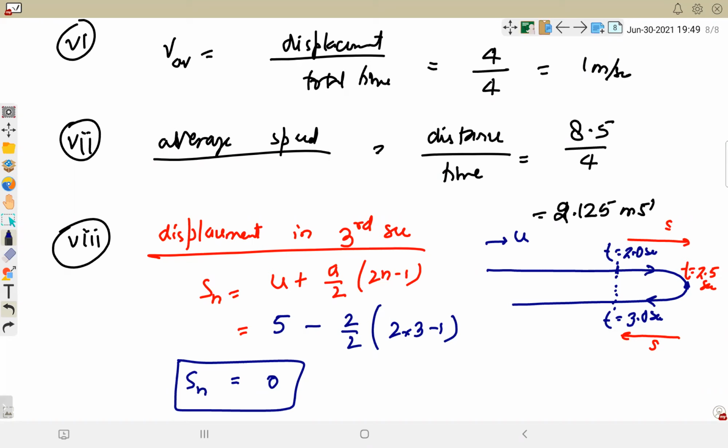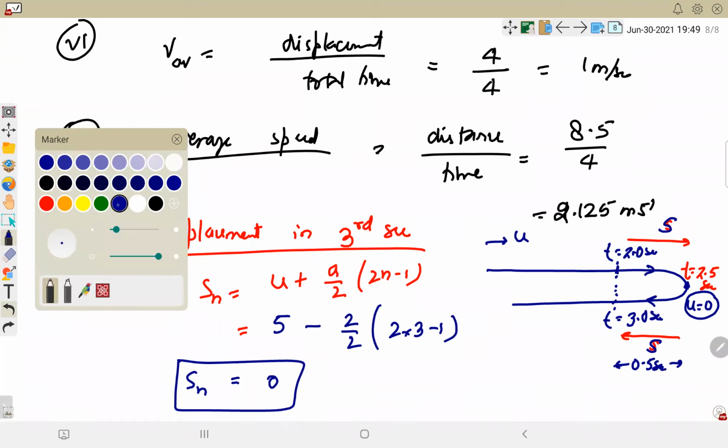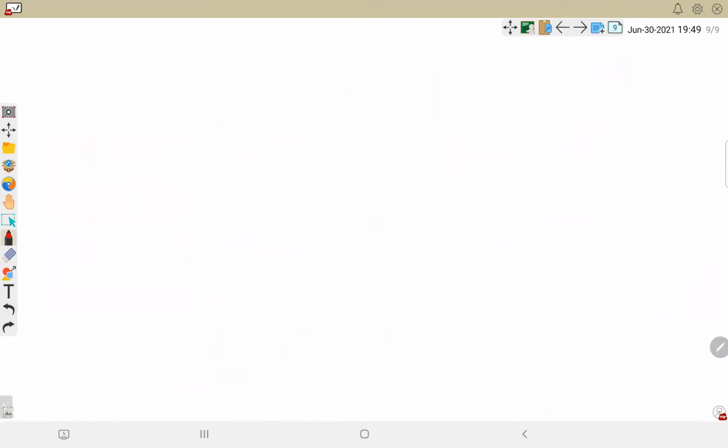Right. So what can we do? Rather than using the forward direction, we use the reverse direction. The advantage will be that for the reverse motion, in the opposite direction, the initial velocity is 0 and the time taken is 0.5 second only. We calculate it and double it. See, there will be many methods to solve a question, but you have to look for the shortest one. If in the forward direction we calculate the distance between 2 and 2.5, that will be complicated because you have to calculate for 2, then you have to calculate for 2.5.